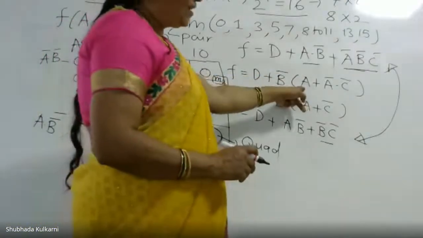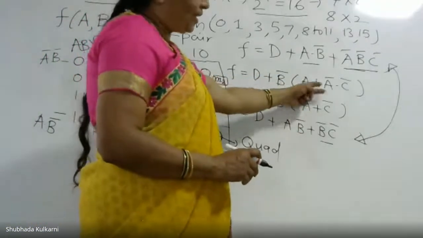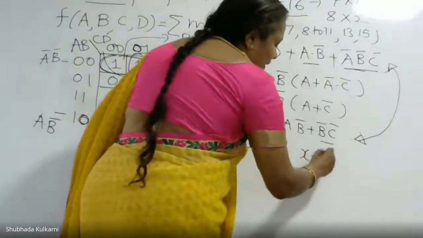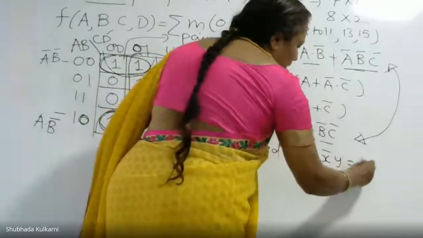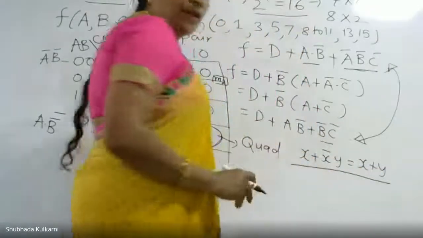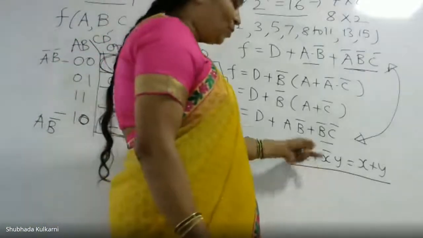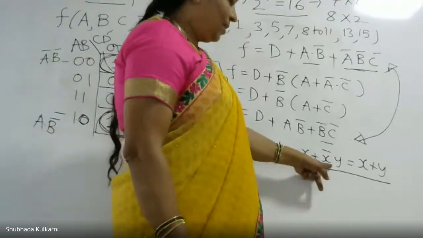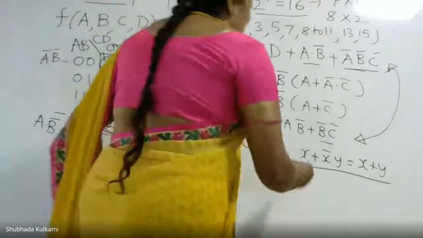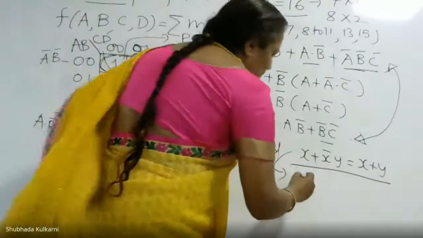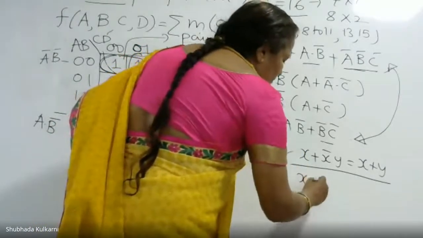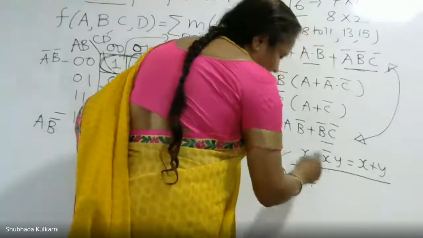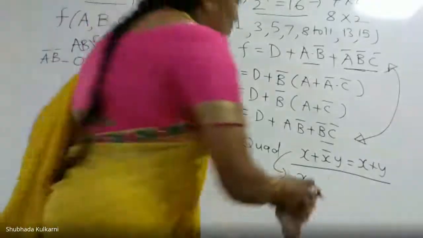Can you just explain how A bar dot C bar is equal to C bar? That is a basic Boolean postulate. Here you cannot write it in the form of an expression. The thumb rule in Boolean algebra is x plus x bar y is equal to x plus y. This we use in Boolean algebra. There I cannot show it with an expression, but we can show it by writing the truth table with the values. Here you can't do the expression. You have to write the truth table only.